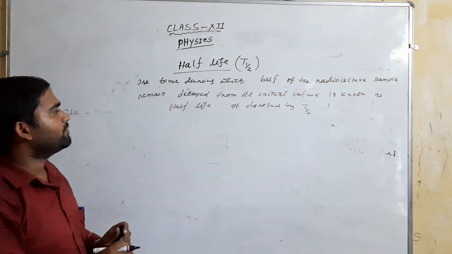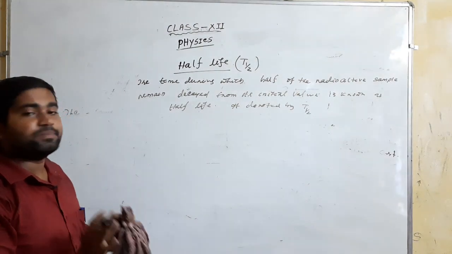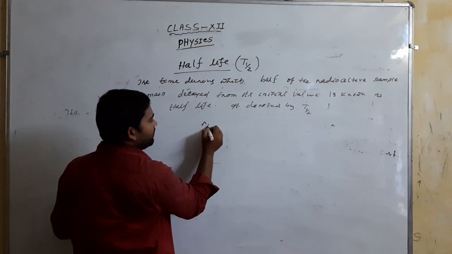Generally we represent the half-life as T half, also called the half time of the sample. So from the radioactive law,